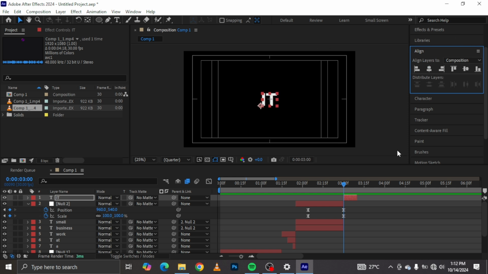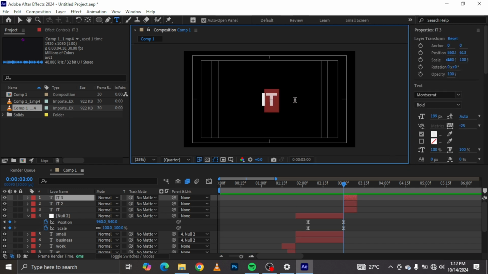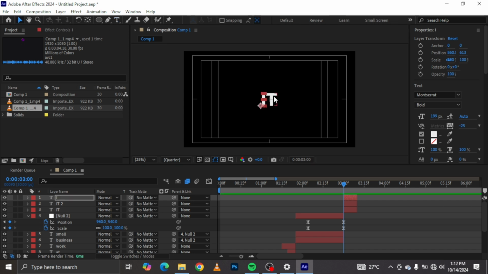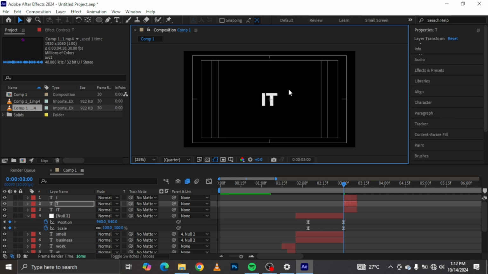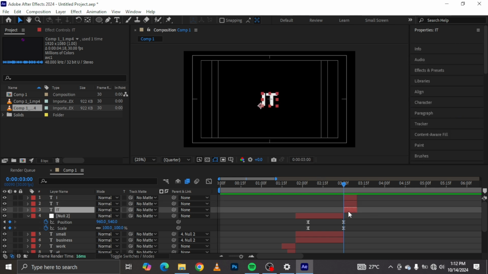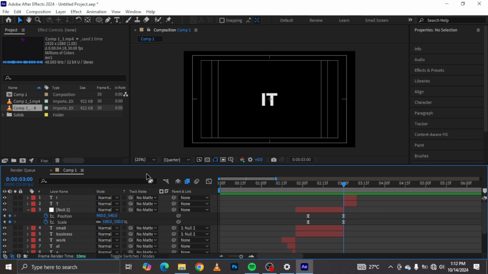And what I can do is duplicate it 2 more times. So like what I did before, I can delete the T here, go to my next layer, and delete the I. And I'm just going to move this back somewhere around here, and I can delete the original. What I'm going to do now is